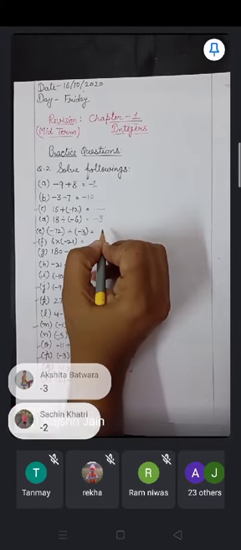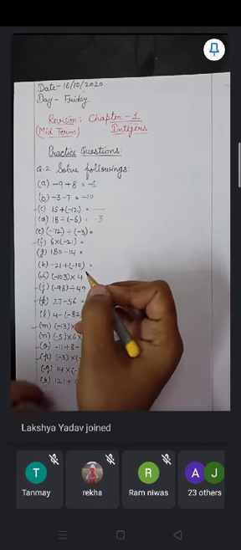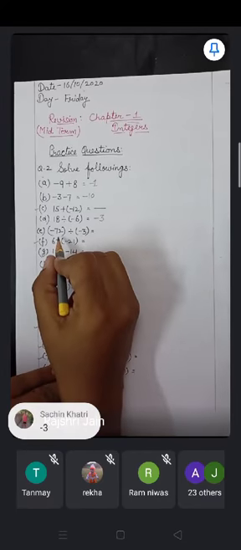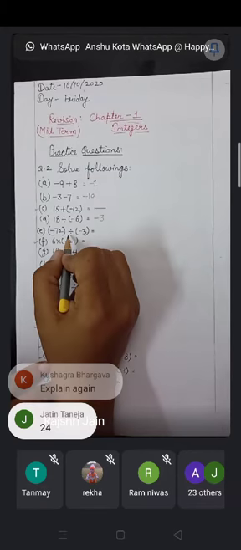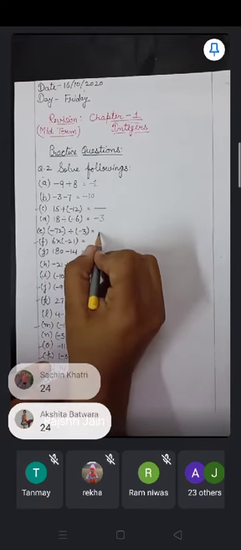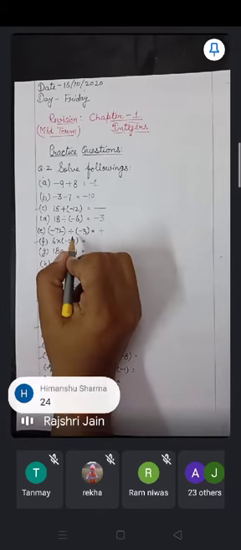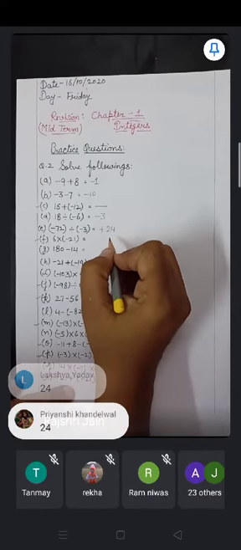Yes, other students also reply. Every student has to reply to me. You have studied this chapter, and if you want to revise it, then you have to try these questions yourself. Then E part, minus 72 divided by minus 3. You can see again division is there and both integers are having same signs, so the answer will be positive. And if we divide 72 by 3, the answer will be 24. It will be 24. Yes, very good students.